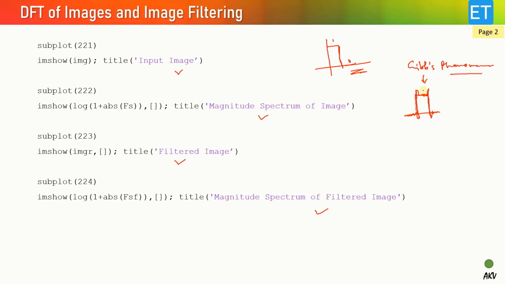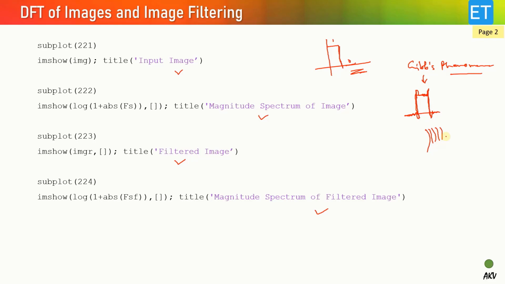If you are watching from the top, there are a lot of oscillations near the edges in this image. So how do we actually get rid of this type of ringing artifact? The answer is, instead of cutting these coefficients abruptly, we have to cut them gradually. So that's why